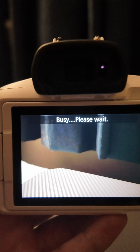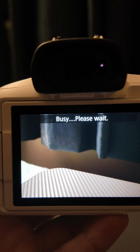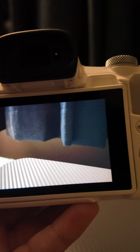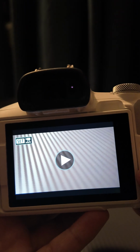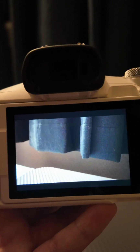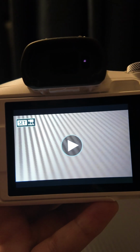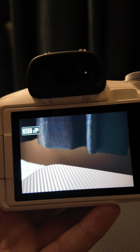So here I'm going to shoot. It says busy, please wait, right? So it's basically doing the little video snippet, right? So then we'll hit that, and then boom, you have a little video. So it basically takes a small little video. And that was it. So before you shoot the picture, which is the picture right there, it just takes a small little video,